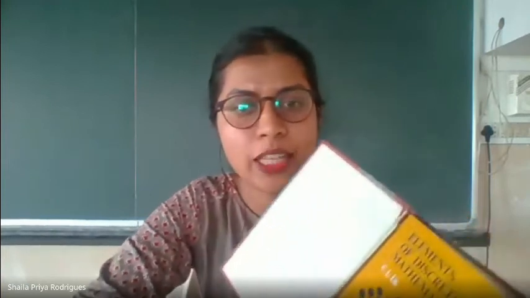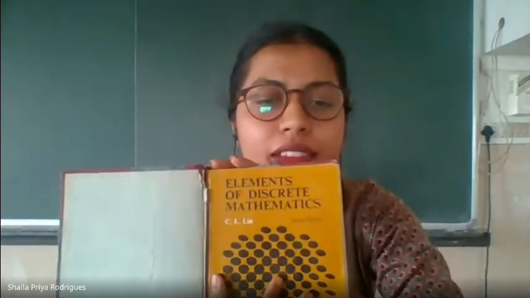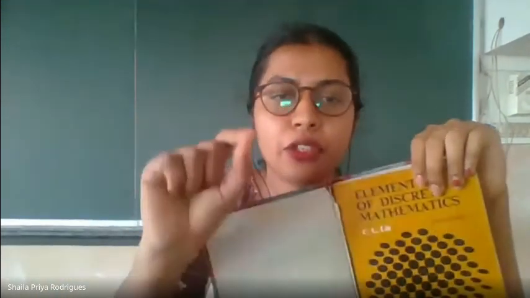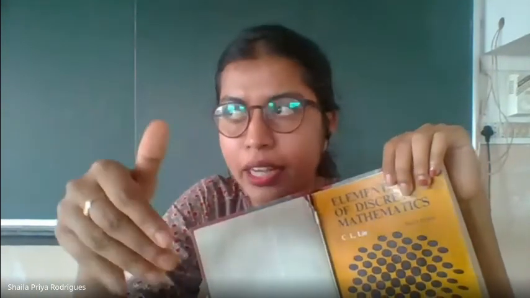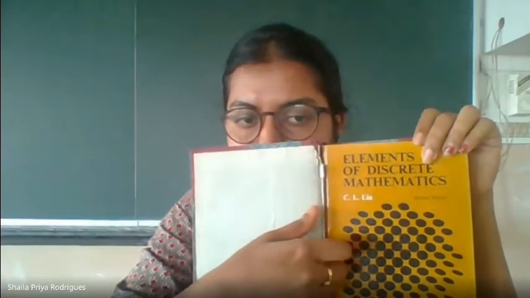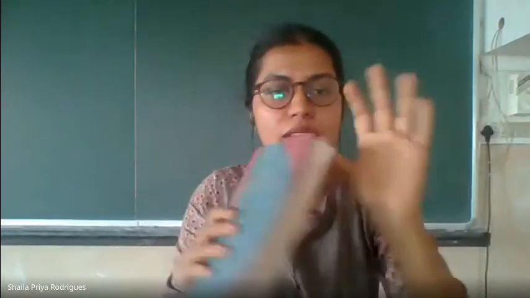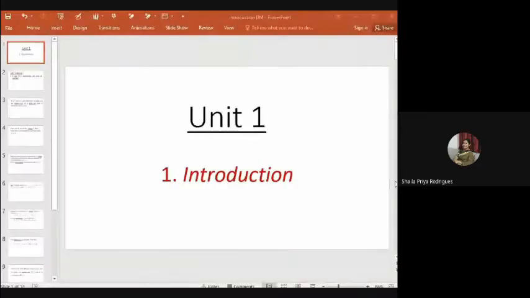Okay, so some of you still have a doubt about which textbook you're using. Elements of Discrete Mathematics by C.L. Liu. In the syllabus, I've mentioned it as textbook, and then below that, you have two reference books. This is the book that you're mainly going to use. Okay, Elements of Discrete Mathematics by C.L. Liu. I think you can see a mirror reflection. Anyway, it's there in the syllabus. That's the book. Visible, no? Yes, ma'am.